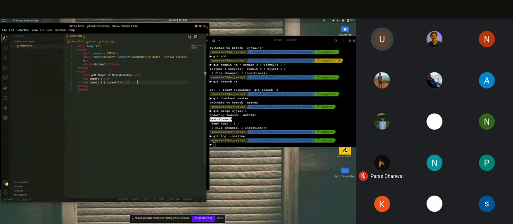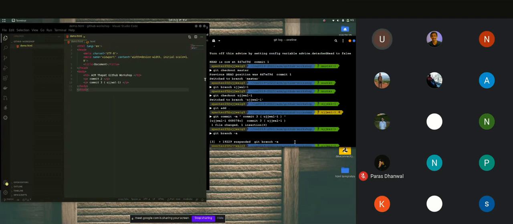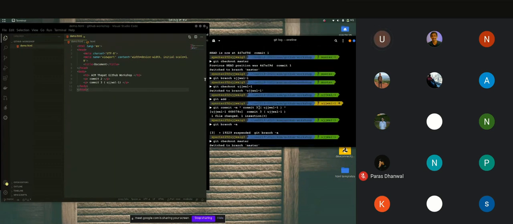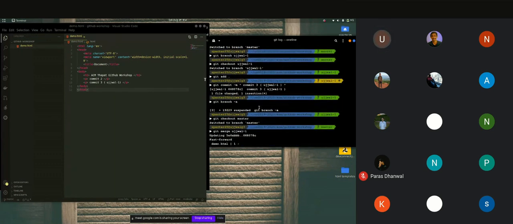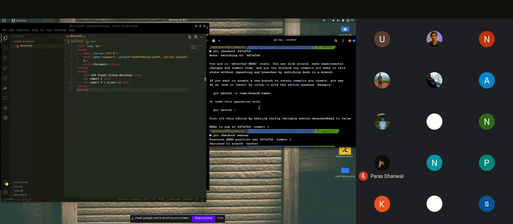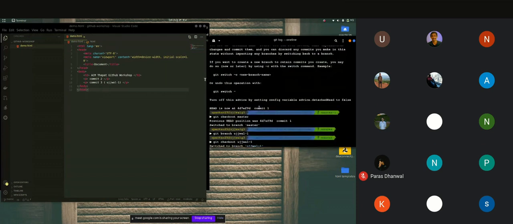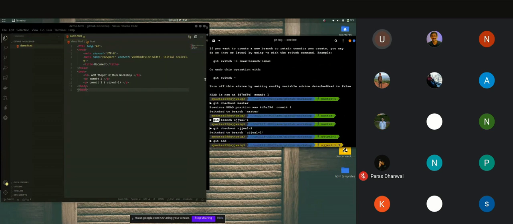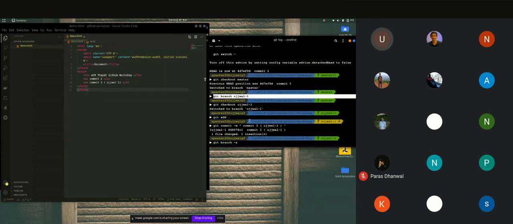So now if I make another branch, initially we made the branch using two commands: git branch Ujjwal one, and then we checked out to the branch we created with git checkout Ujjwal one, right?